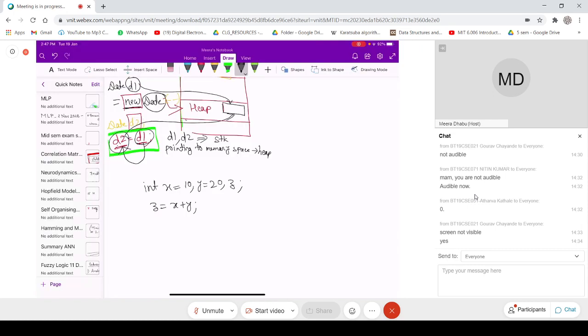Here I defined three variables x, y, and z, right? And then I said z is equal to x plus y. Can you tell me whether the way we are using x, y, and z in this statement, in this instruction, is the same or different? X and y lie on the right hand side, whereas z is on the left hand side.